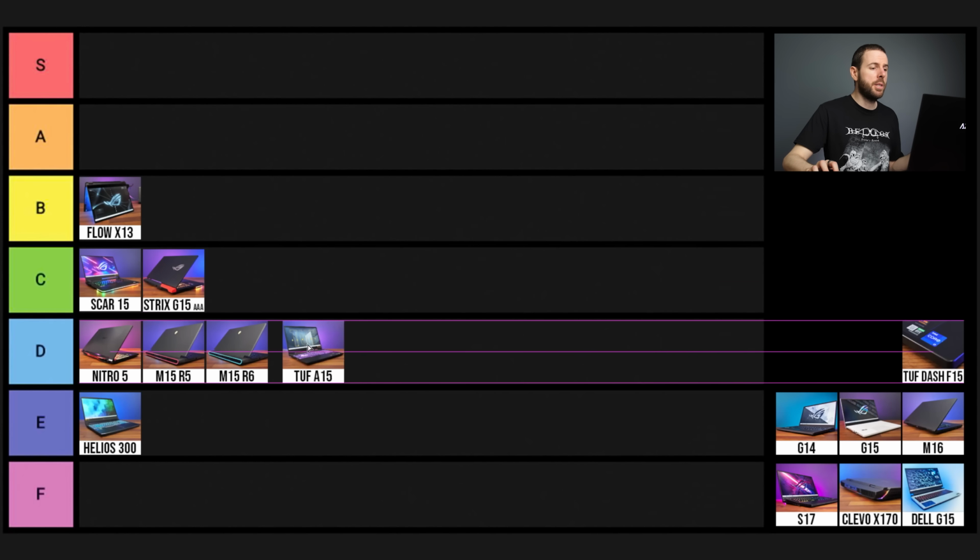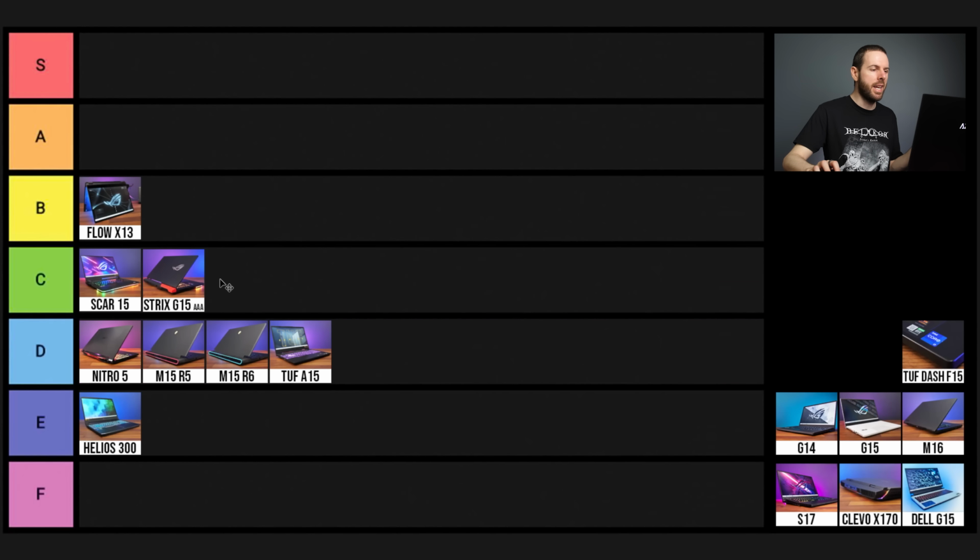I think I'm gonna have to put this one in the D tier. I would give it the C, but yeah, it doesn't really make sense to give it the same rating as the Scar 15 and the Strix G15 Advantage. At the end of the day, it is more of a budget-friendly option, which I suppose probably competes more with things like the Nitro 5 anyway. Oh, and I guess unlike the two ASUS laptops in the C tier, the A15 does at least have a camera. Next up is the ASUS TUF Dash F15,